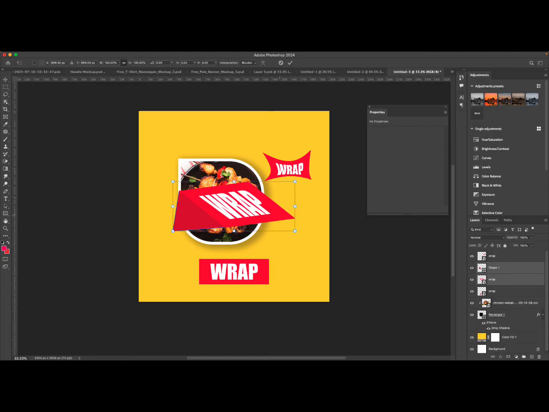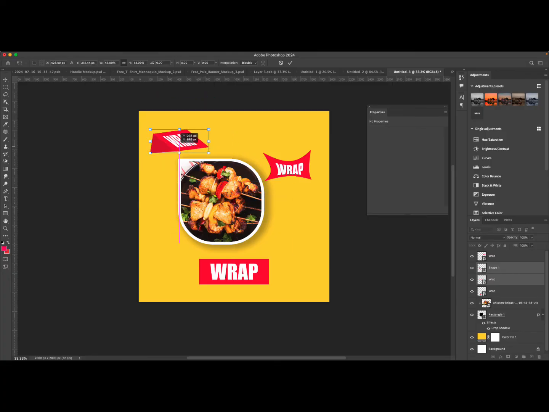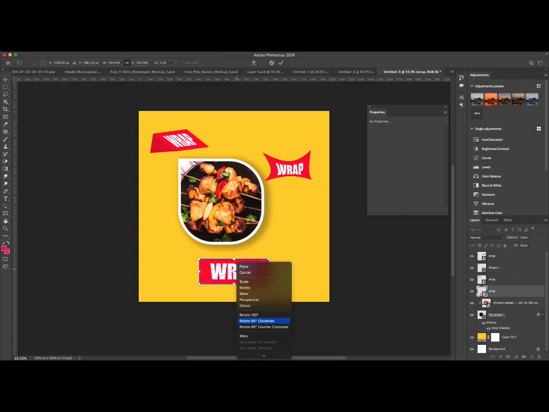You have something like this. Alright, so now the next one here, I'm going to select it, right click, select it again and press Ctrl T and right click, and then this time around I can, like this one I was just seeing, which is warp. So with this warp now you can tweak it just the way you want. Some other time, if I want to make it look like a shadow, I usually just tweak it here a little bit, you know. You just tweak it a little bit